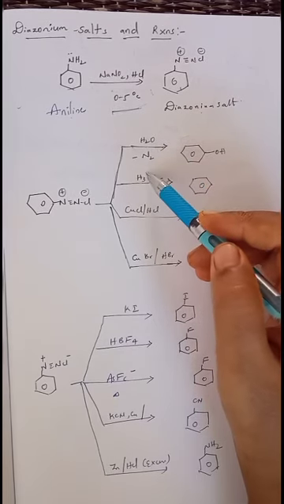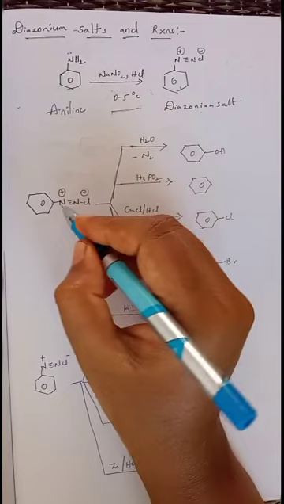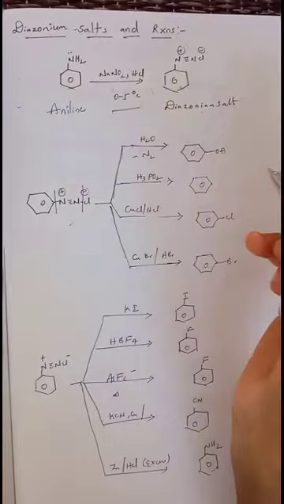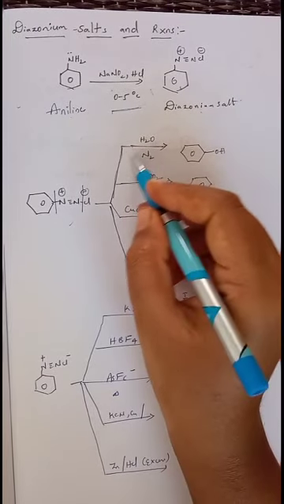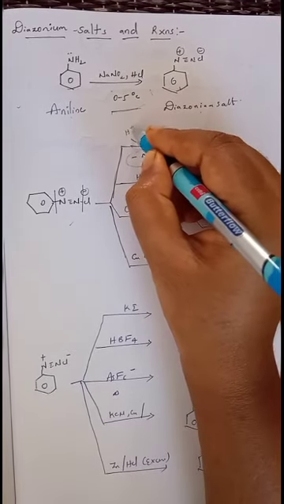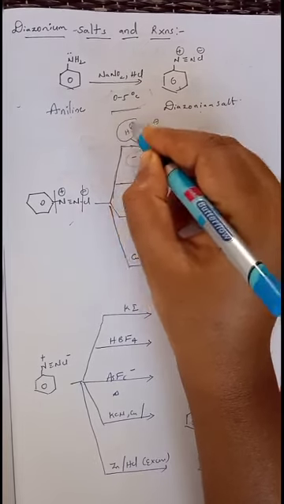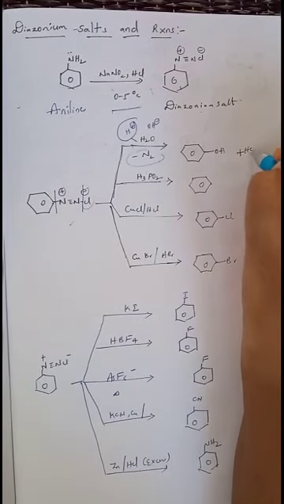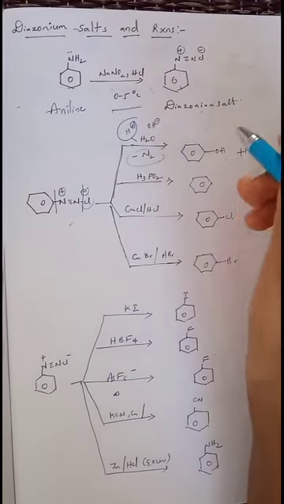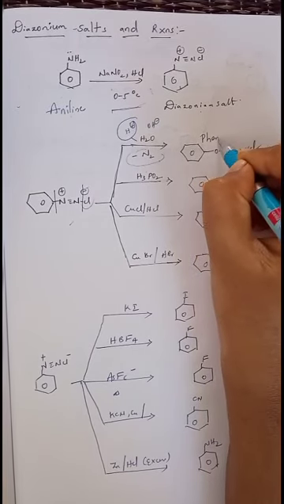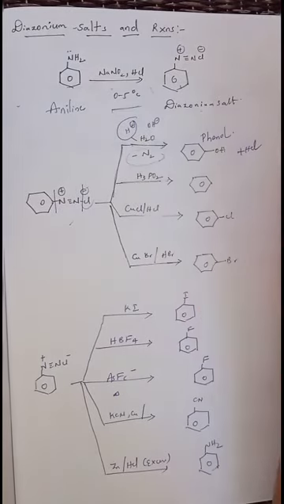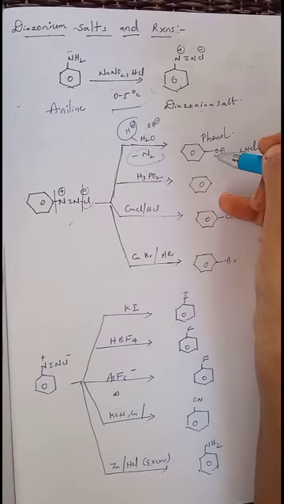When water is added to the diazonium salt, the nitrogen and carbon bond breaks, the nitrogen chlorine bond also breaks, then N2 gas is released. As you know, in water two ions are present, that is H plus and OH minus. This H plus ion takes up Cl and is released in the form of HCl, and the OH that is left reacts with the phenyl group and converts into phenol. So here we got the final product as phenol. When diazonium salts undergo hydrolysis, they lose N2 and HCl, and we get phenol as the final product.